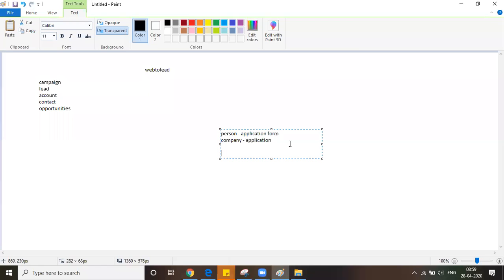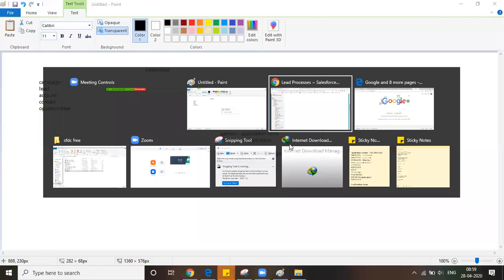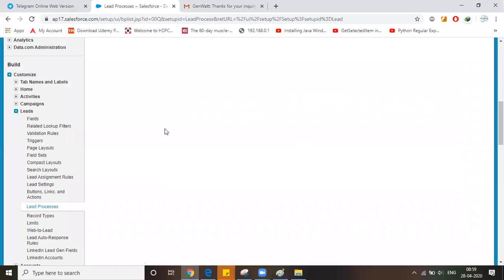These will be achieved by record types and page layouts. A page layout is nothing but an application form. Record types are nothing but which records have to be shown to which user.